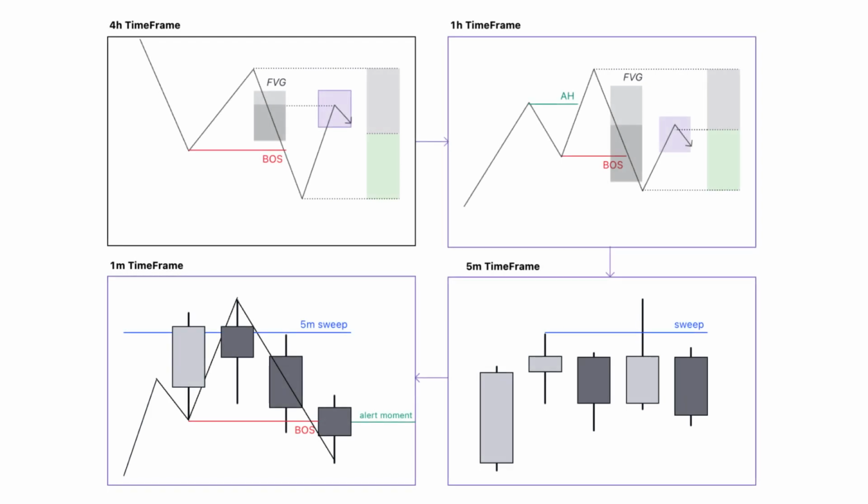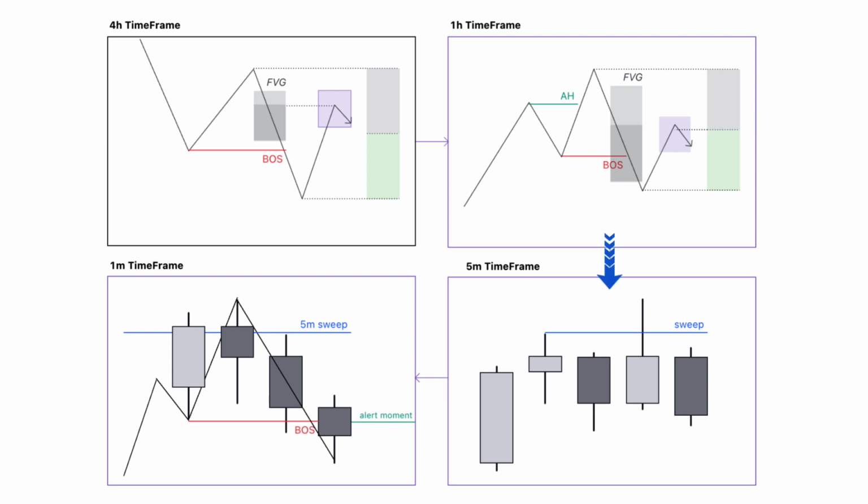Now let me show you what the system is doing when it scans the setups you created. Let's say one of my setups assumes the following variation. I've a pullback to the 4H POI that tests imbalance in the premium zone. Once my 4H conditions are satisfied, I go to the 1H timeframe. I'm waiting for 1H to change the direction of the 4H pullback by breaking the structure. Also, this scenario assumes that the 1H POI gets formed from grabbing Asia range high. After getting 1H conditions satisfied, I'm waiting for the pullback in the 1H premium zone.